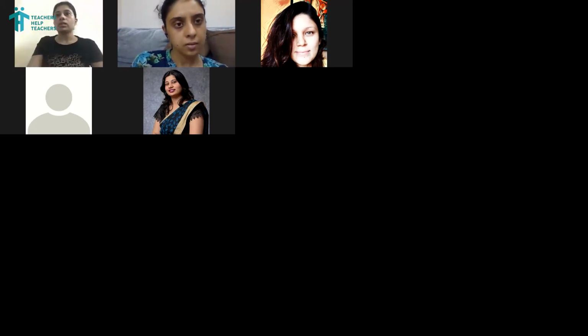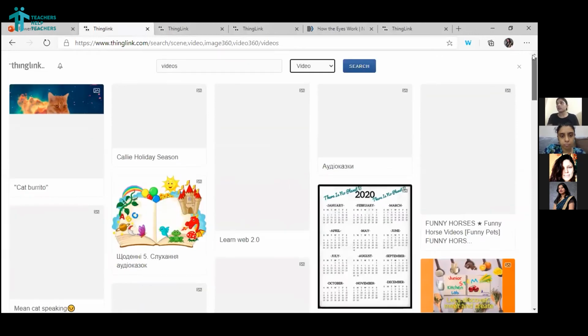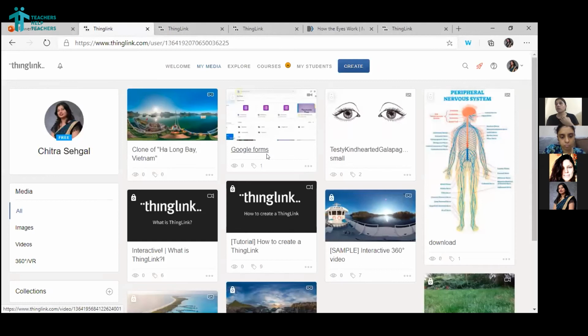Yes. Okay, great. So there was somebody who shared the link, but it is not working, right? Let us look at the sharing part again. I'm just sharing my screen and showing you the share part again, because there's something that you're not doing properly. That is why that is happening. I'm in ThingLink right now. Say I want to share this one.